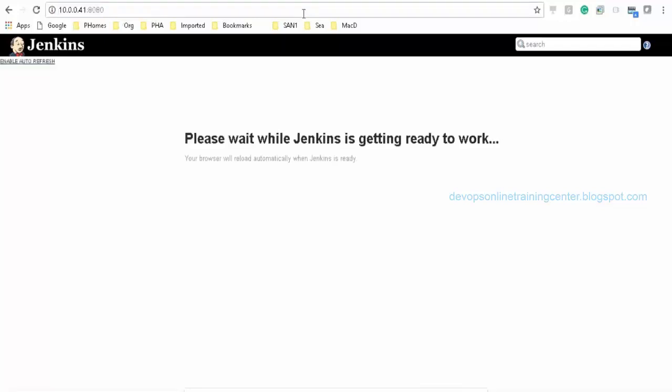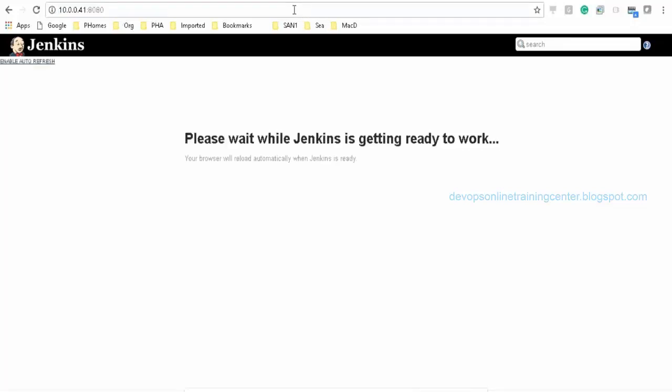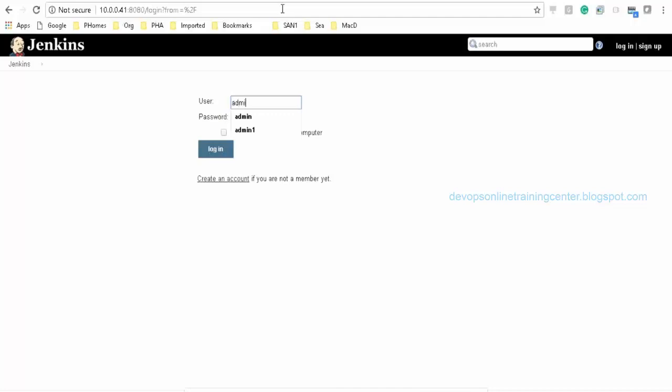Santosh, if let's say the master failed or crashed, can we make the slave the master? We can make it, but again from the backup we need to restore. Master means it will have information about all the jobs, right?